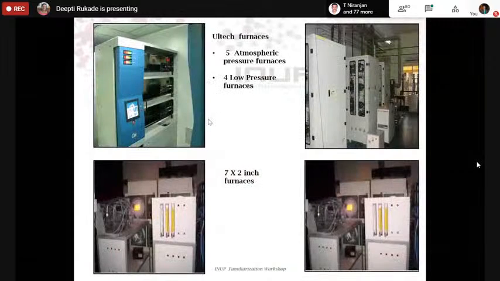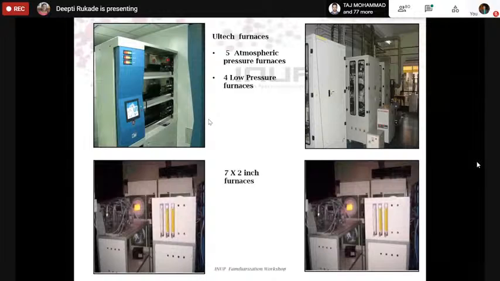Then, as I had shown you in the process flow, the second step is oxidation. Oxidation is very important. Sometimes it is used as a sacrificial layer. Sometimes you need a tunnel oxide. In the majority of fabrication steps, the next step immediately after your RCA cleaning is oxidation. We have many furnaces which are not only dedicated to oxide, but we also have some doping furnaces. We also have some annealing furnaces. This part of the slide will give you an overview of the furnace details that we have